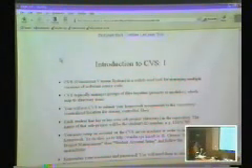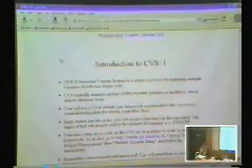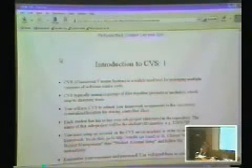The most important thing about CVS that you need to know about is that only a certain kind of files can be submitted. If you submit a text file, that's fine. If you submit a binary file,